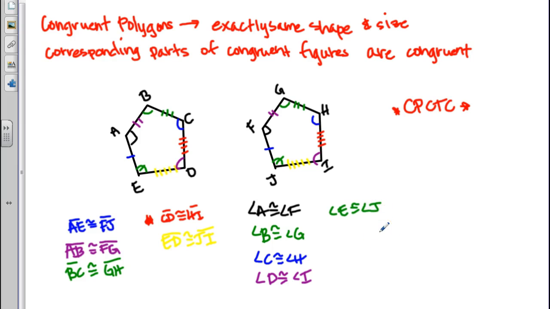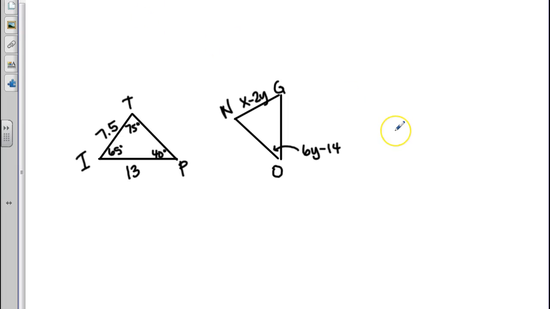All right, so there are all the corresponding parts of that pentagon. We took care of the sides and we took care of the angles. Not triangle, pentagon, excuse me. But let's move to a triangle. All right, so in this diagram,